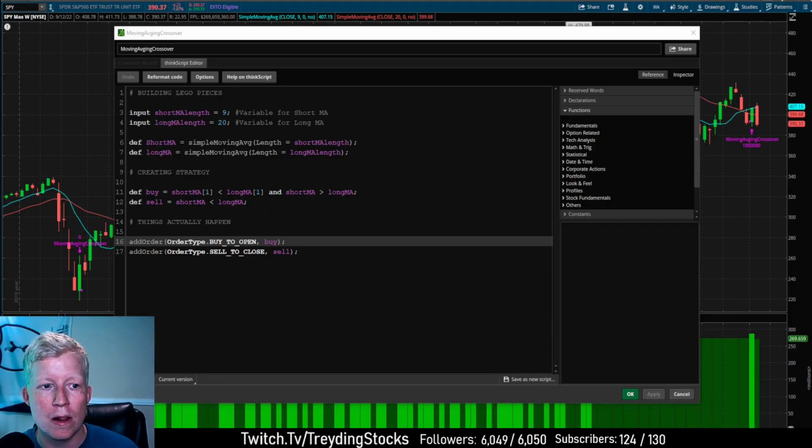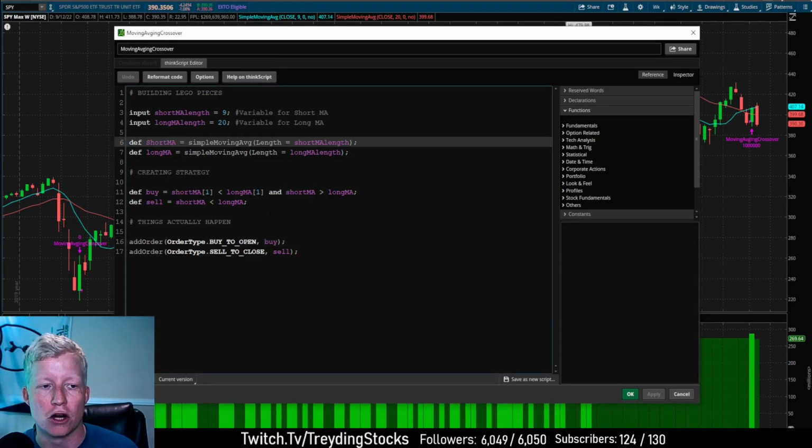Now what you can do is you can start to come in and mess with this. Maybe you don't want simple moving averages. Maybe you want to use exponential moving averages. Maybe you want to use RSI. Maybe you want to use MACD. However you trade, you can start to mess with this, and you can learn how to do that